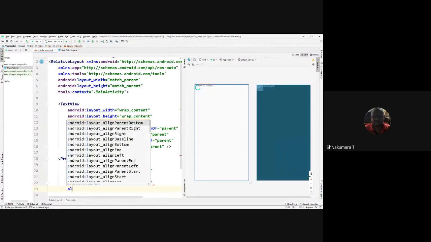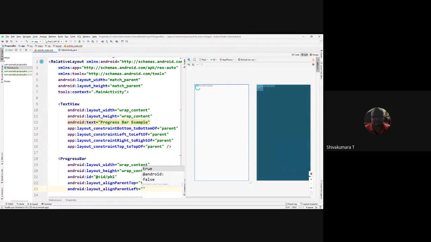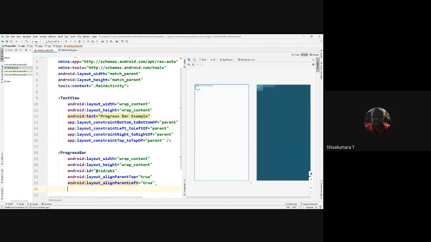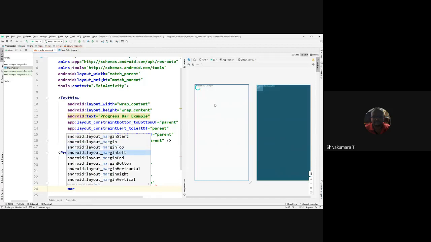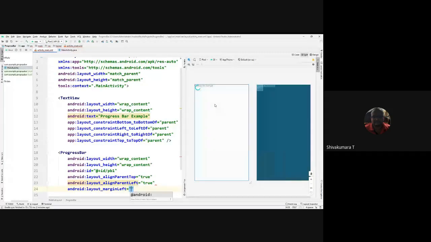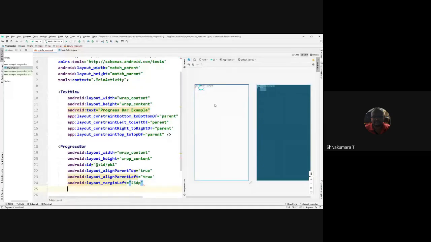Align parent left, you can set as true. See, observe the effect is going to be seen at the left part of the screen. You can specify margin left, some value like 25 dp, and then margin top, you can specify 20 dp. Observe from where it will start.